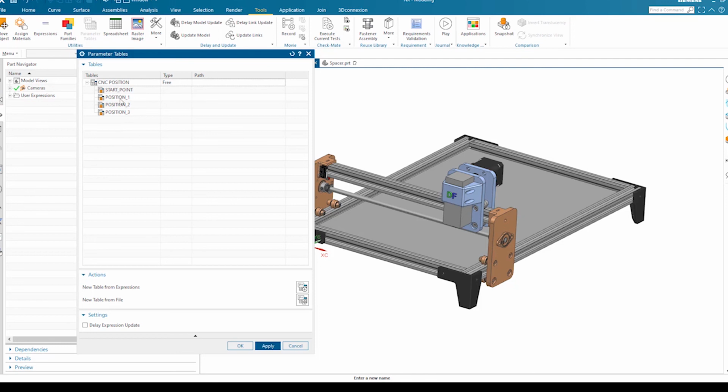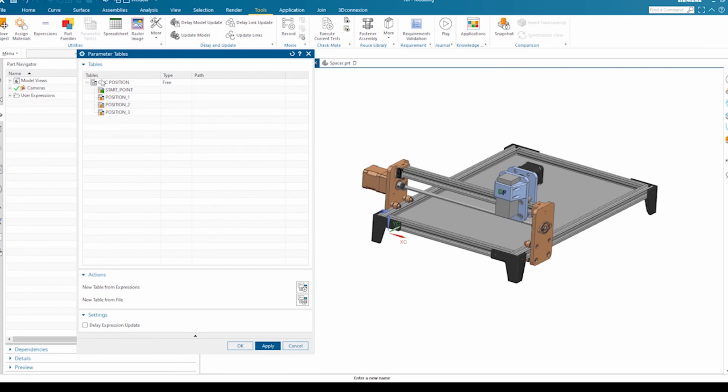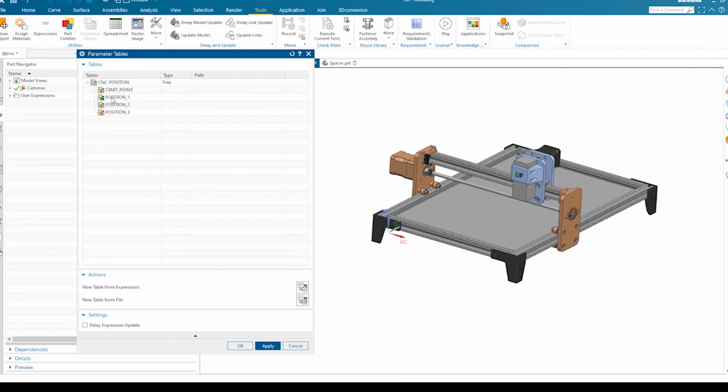We created four configurations here, and by double clicking on any of them it will activate the configuration. In the starting point, the parameters stay as they are. If you double click on position 1, based on the new parameters inputted, the position of the gantry and the head should be moved.